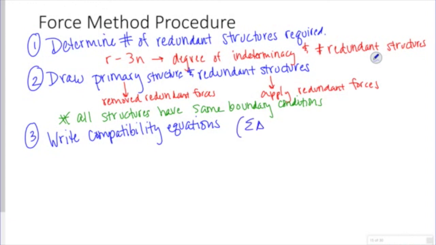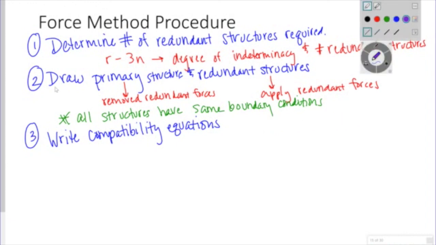Sum of your displacements or sum of your rotations equal to a known value. Sometimes it's 0, sometimes we're going to have settlement, right? I'll write that in purple. Well, yeah. Sum of your displacements or your sum of your rotations